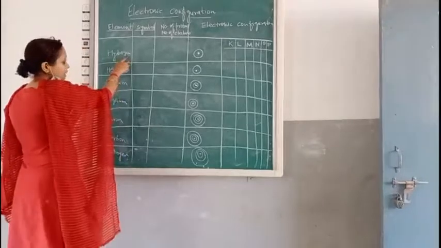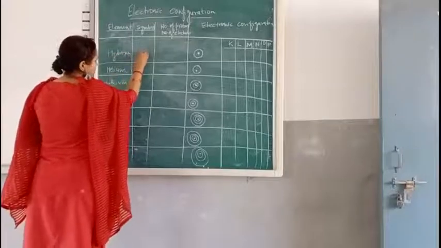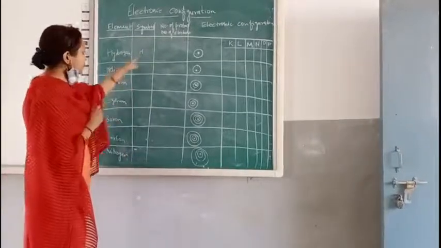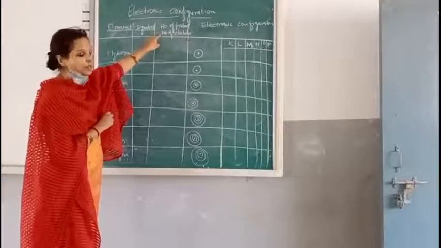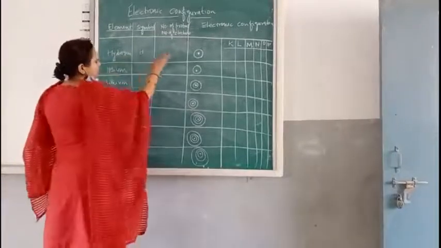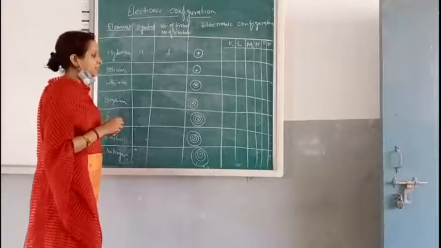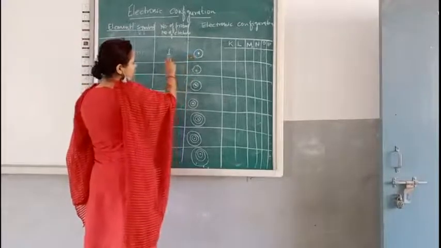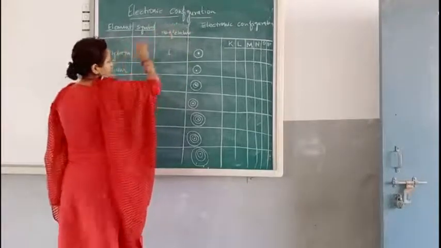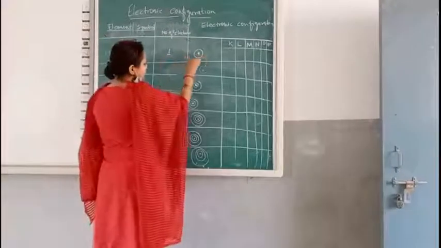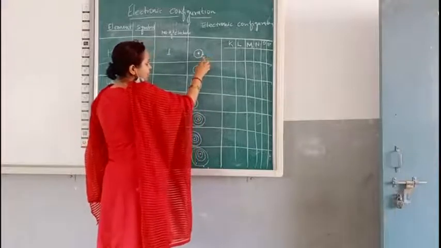Element hydrogen. What is the symbol of hydrogen? It is H. You can symbolize the hydrogen atom as H. And how many protons or electrons are there in a hydrogen atom? There is one proton and one electron present in one hydrogen atom. So we will see how one electron can be distributed in the hydrogen atom. Since there is one electron, it will take its place in the K shell,